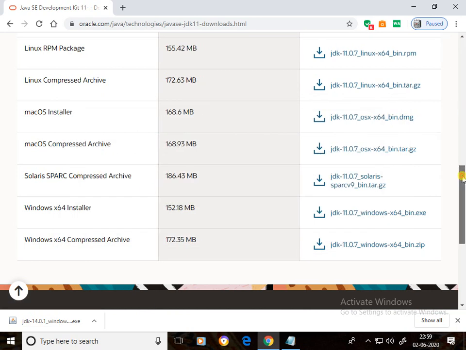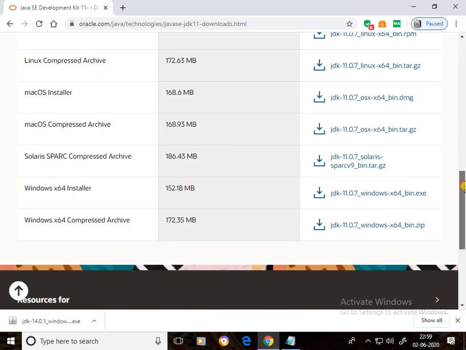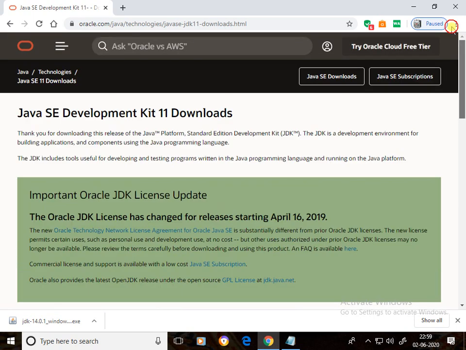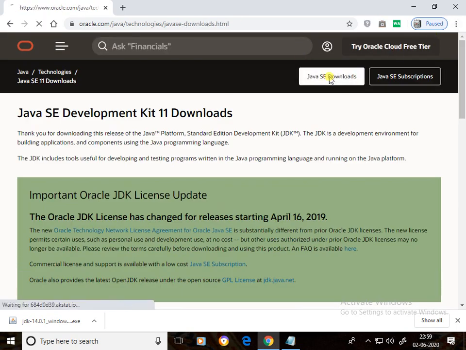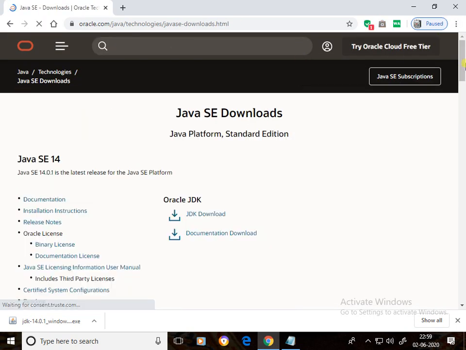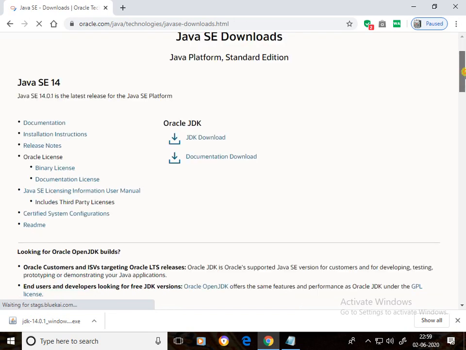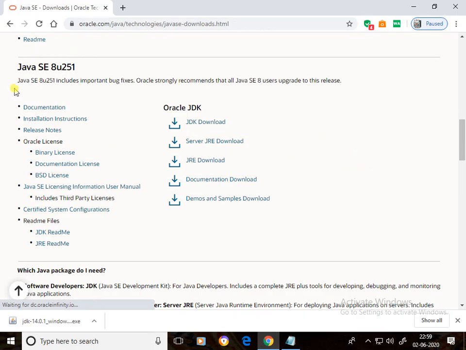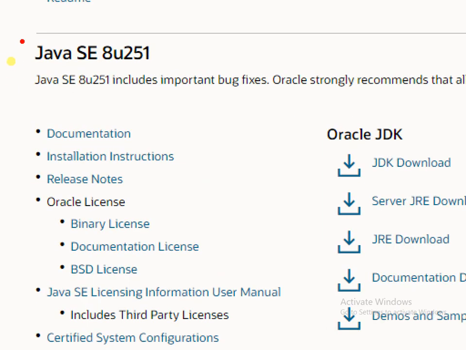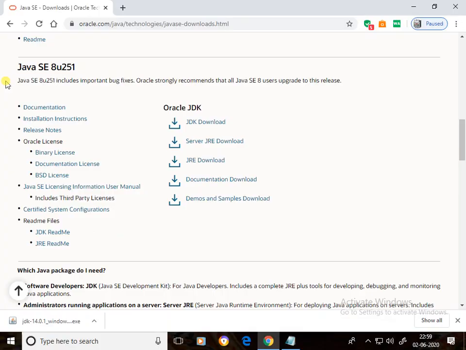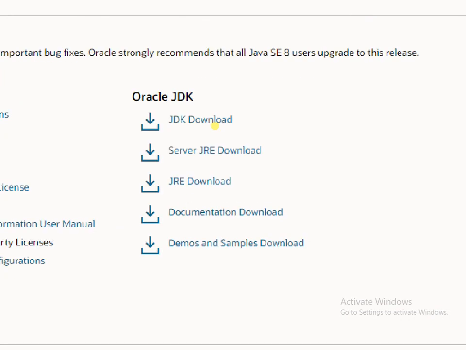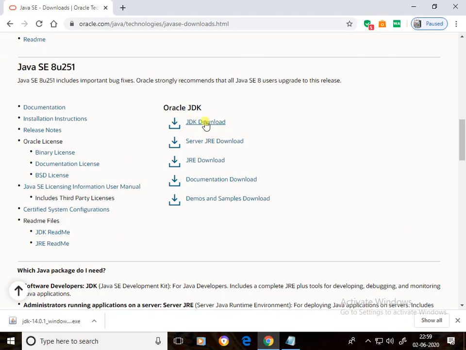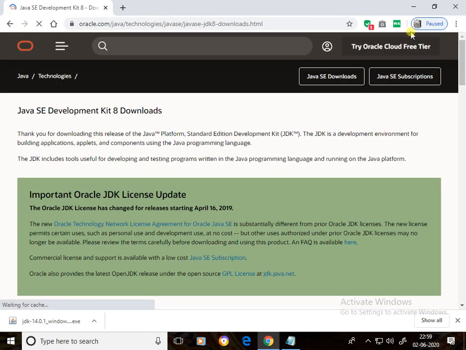Okay, if you want it for 32-bit operating system, again click on Java SE downloads and scroll down. Here is Java SE 8 update 251. Click on JDK download here and scroll down.